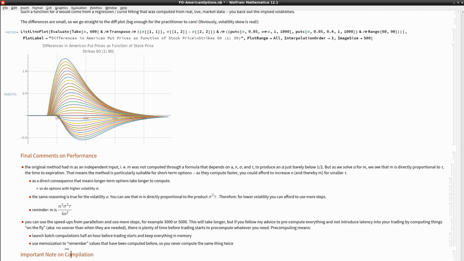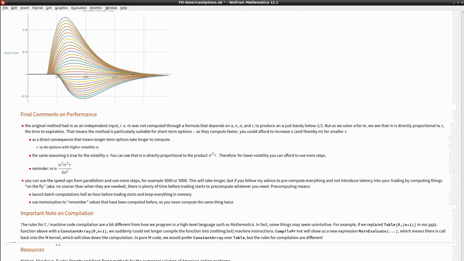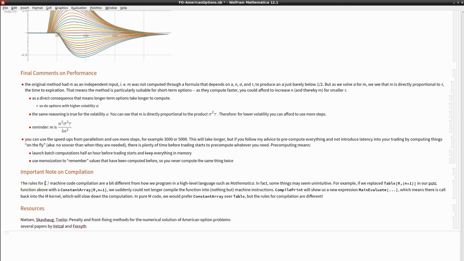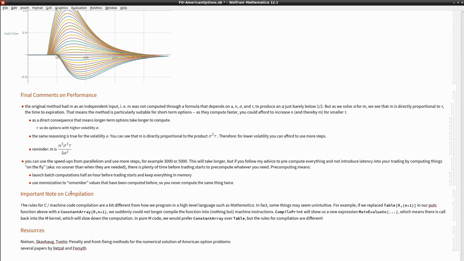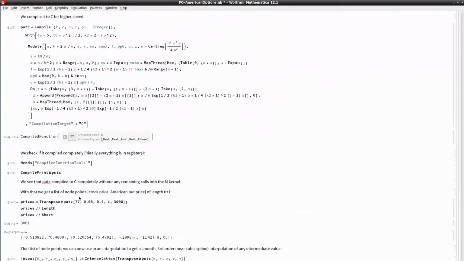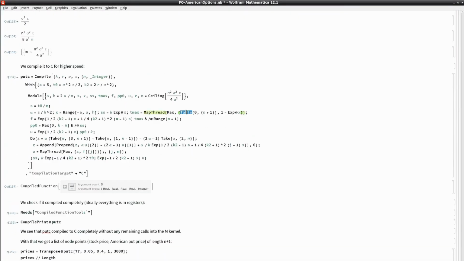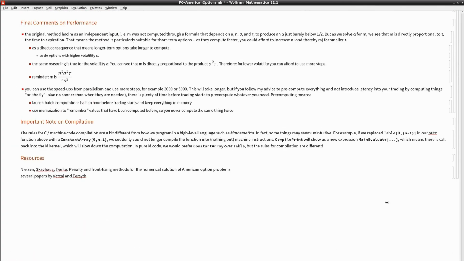So another note, I want to make a note on compilation. The rules for C and machine code compilation are quite a bit different from how we program in a high-level language such as Mathematica. In fact, some things may really seem unintuitive. For example, if we replace the table of 0 for n plus 1 elements in our putC function, let's look at this again. Here we have a table of zeros, n plus 1 times here. If we replace this with the constant array 0 of n plus 1,